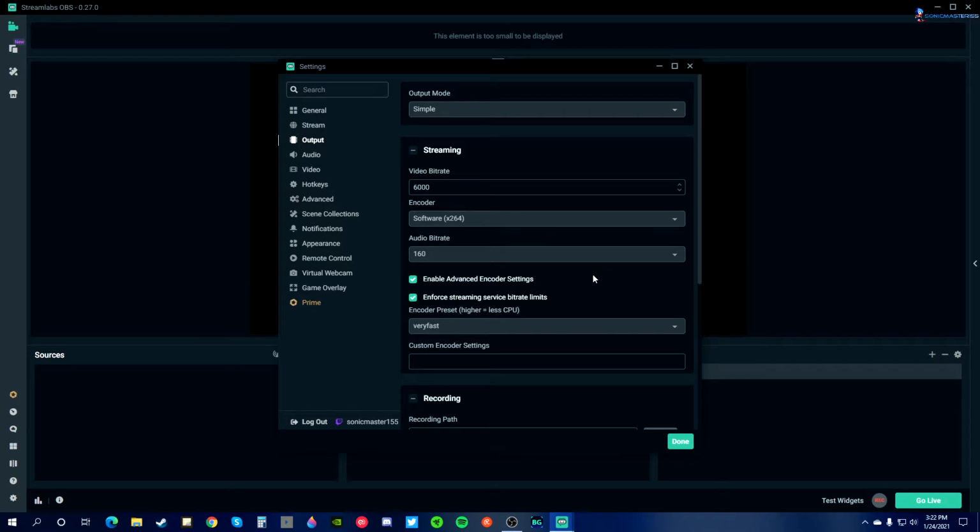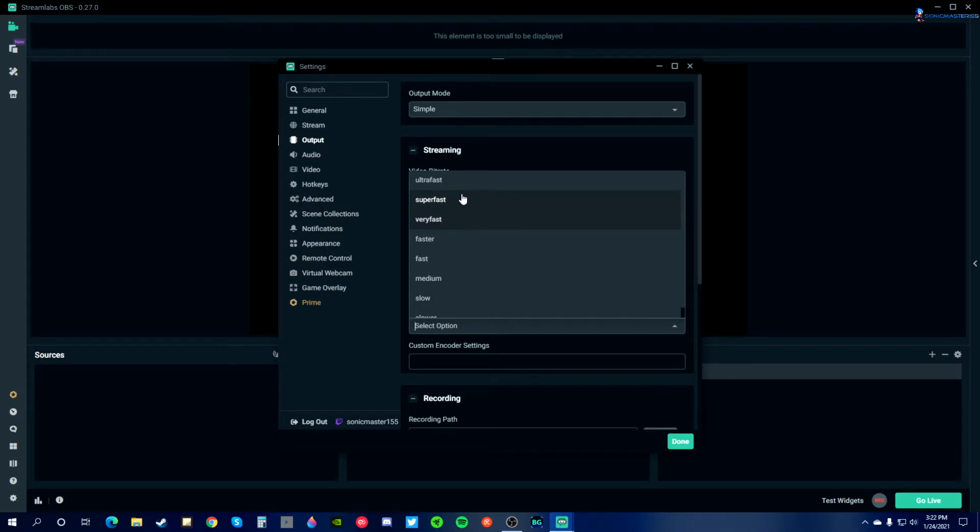Now, the advanced encoder setting is pretty much how much time you want your encoder to spend on every single frame. The faster it is, the more it's gonna speed through it, and the less it's gonna care about what it's working on. The longer it takes on a scene, the nicer it's gonna look, but it will also take longer to process every scene. If the scene takes too long, buffering will happen, stuttering will happen, pixelation might happen, because your video will be skipping scenes because it's taking too long to process it and